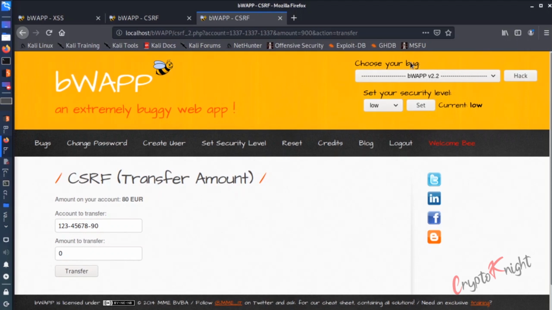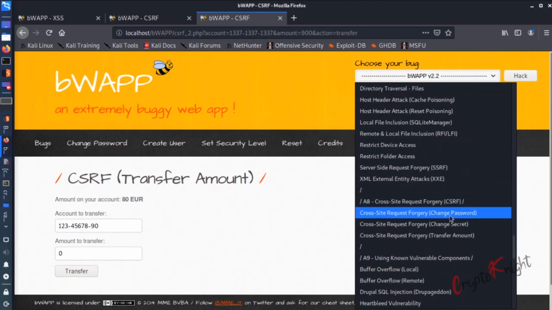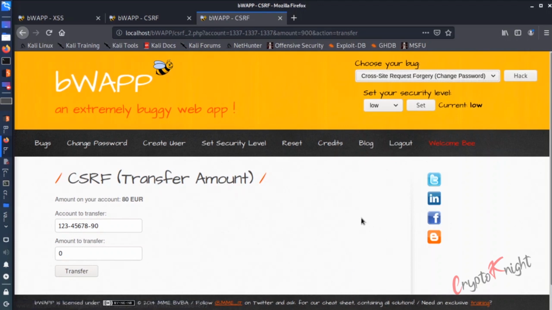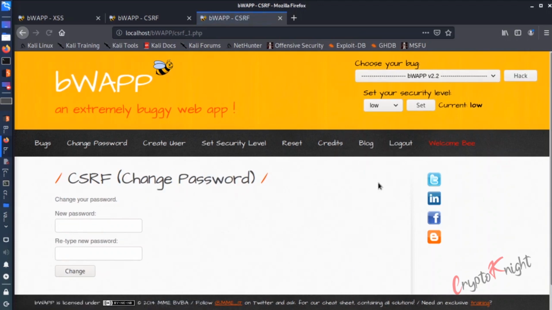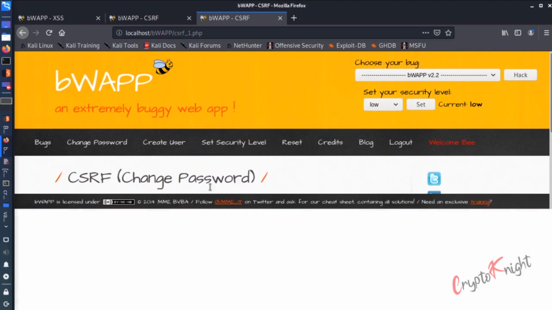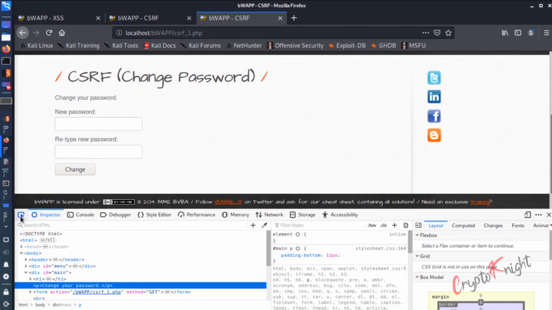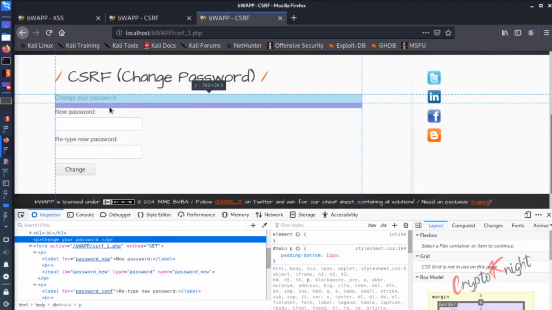Now what you should do is try the other ones, change password and change secret. By visiting this, it is a very similar situation. A victim is trying to change his password and you create a payload: inspect element, select this and click anywhere over here.